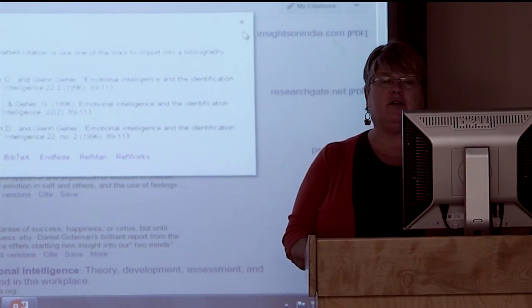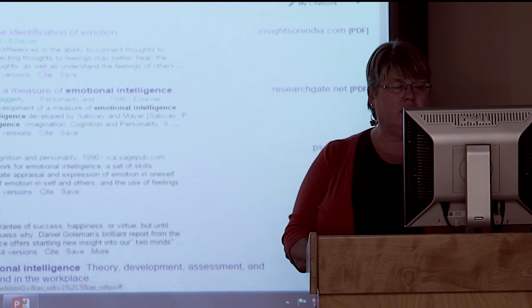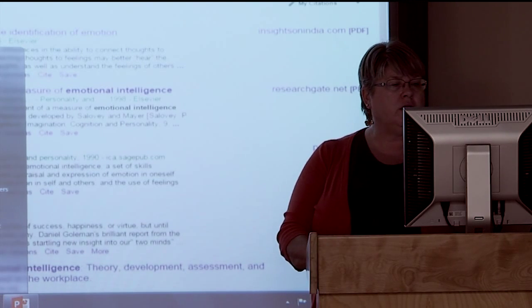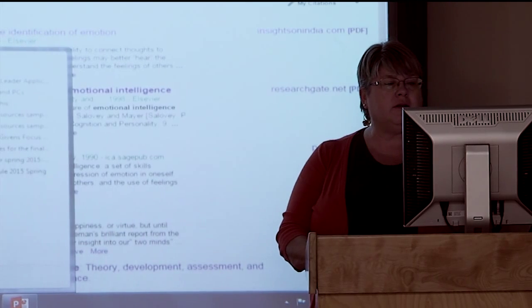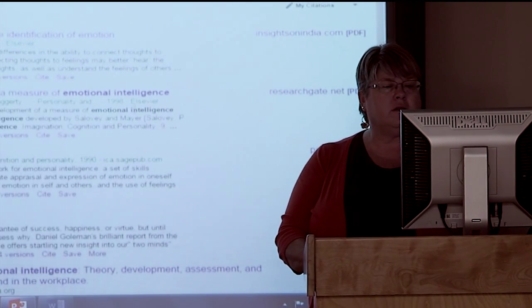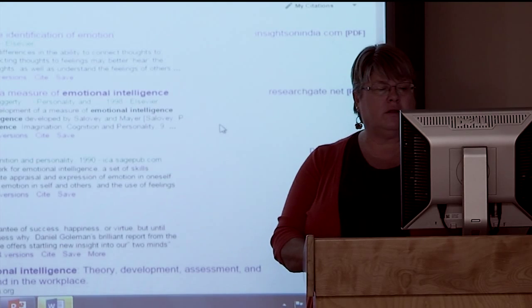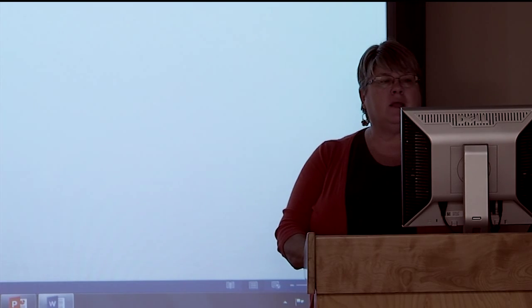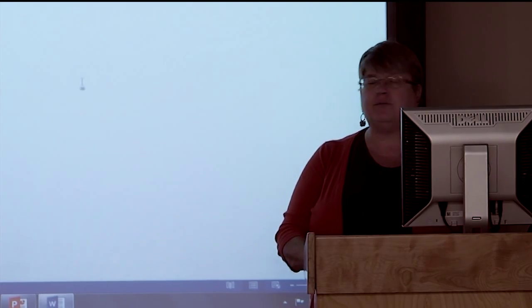Another feature that I use is in Word. When I am writing a document, in Word, this has a references feature too.